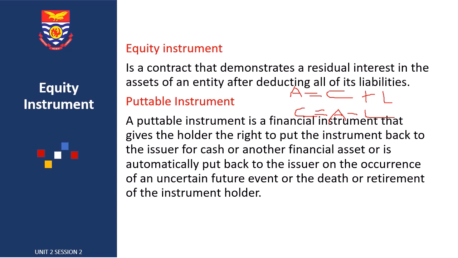So you have an instrument, you have made an investment of which you are the holder of the investment. And we are saying that when you talk about putable instrument, you the holder of that instrument, you have the right